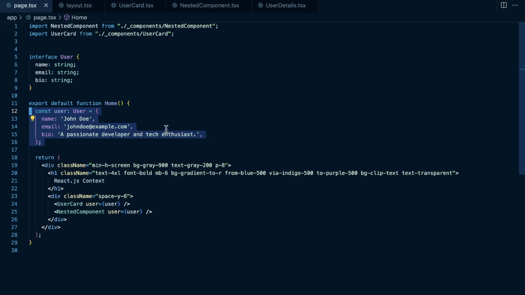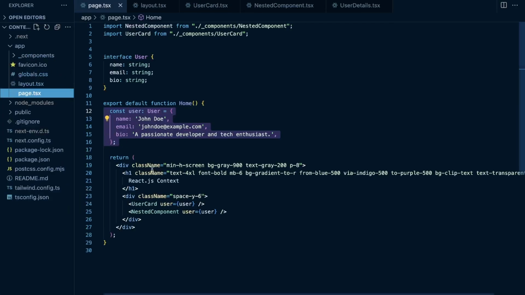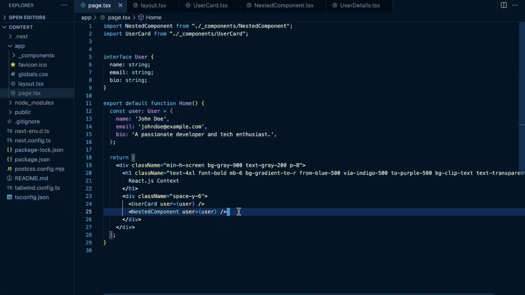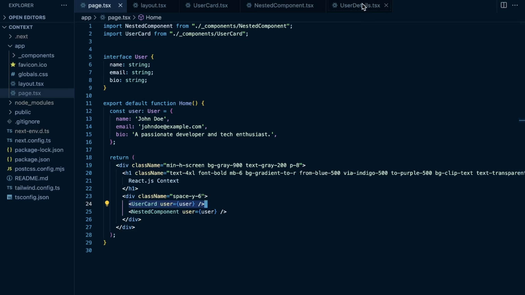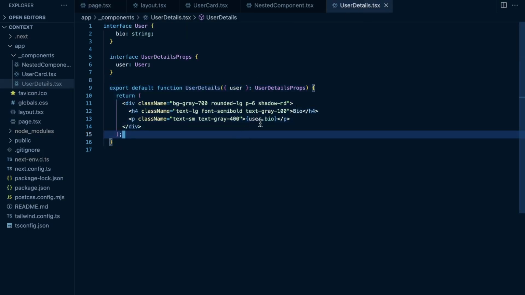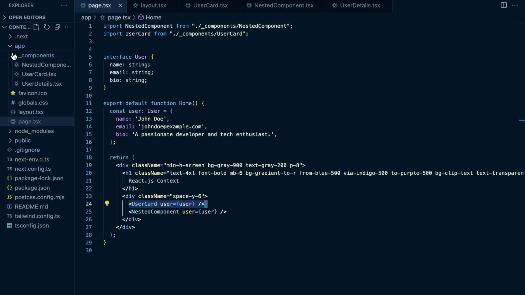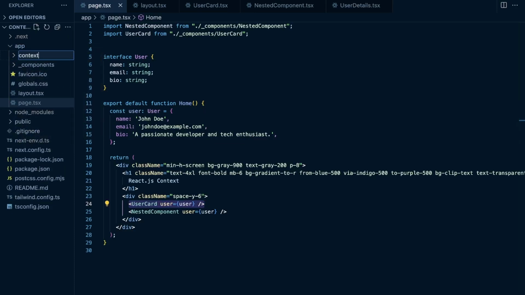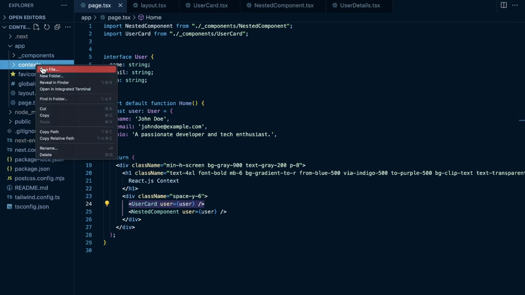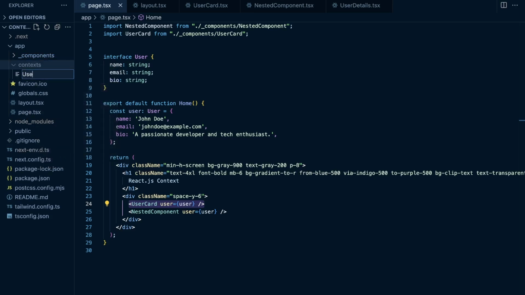throughout your application. So to solve this issue here, I'm going to open up our Finder, and we basically need a way, in our user card here, to consume the user state directly, and also in our user details component, to consume this state directly. So we're going to create context to do this. So I'm going to create a new folder called contexts, plural. And this is where we're going to store, if we had multiple contexts, we would store them here. We'll just have one. I'm going to create a new file called user